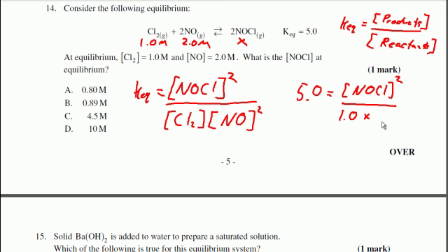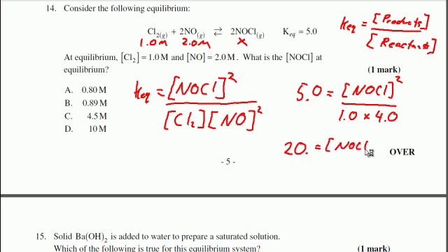Now 2 squared, or 2 times 2, is just going to be 4.0. So I'm then going to solve for NOCl. I'm going to move this over here, and 5 times 1 times 4 is 20. It's going to be 2 sig figs, 2 sig figs times 2 sig figs times 2 sig figs is 2 sig figs, or 20 point. And that's going to equal